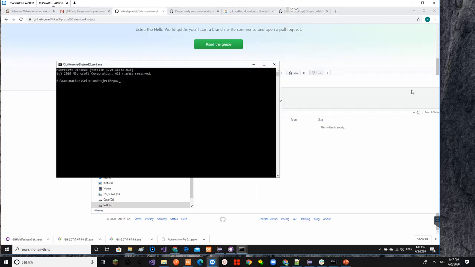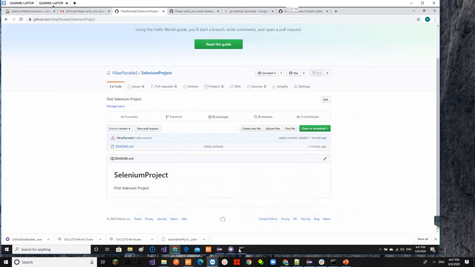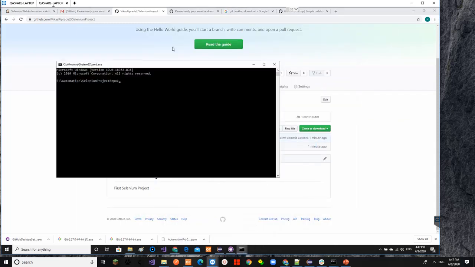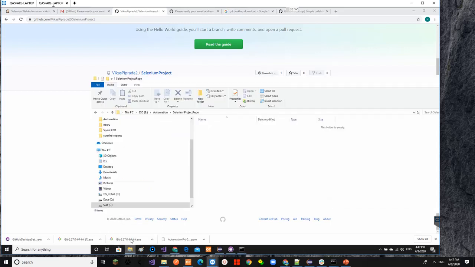I'll go to command prompt, and then I will use a clone command to copy the content of the repo into this empty folder. So my first command, git clone, and the clone URL taken from this repo. It will clone, which means it will put all the content of this GitHub repository on the local. So let us see.